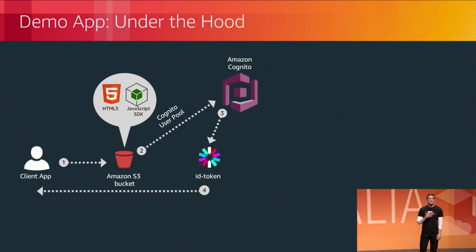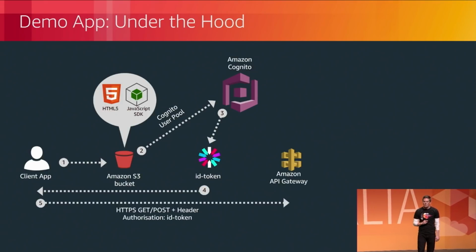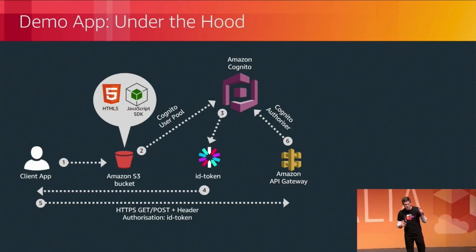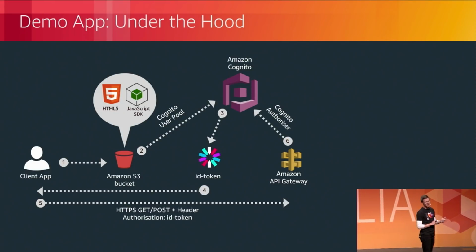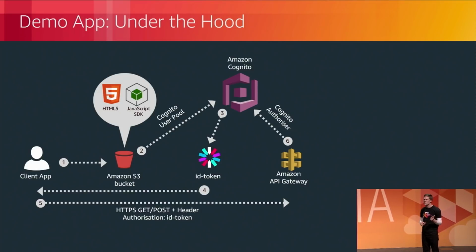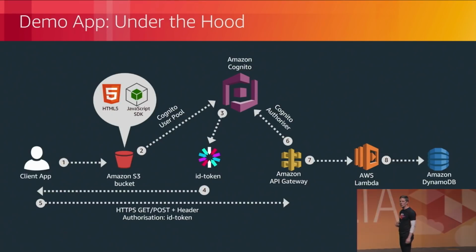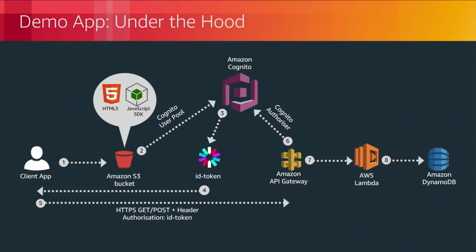That ID token gets passed back to my application, and my application can then put that token in every single header request to my API gateway. As we talked about before, the API gateway will find that token in the header, and it will leverage a Cognito authorizer back to Cognito to make sure that this user is valid and has an active session. And if it returns a success message, we can then flow on through the rest of our application, which in the case of our to-do list is a Lambda function posting our to-do list objects to a DynamoDB table.